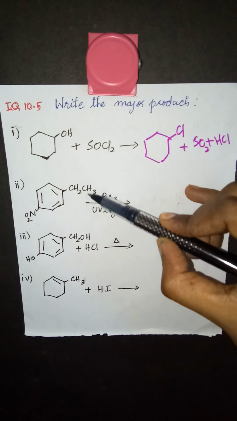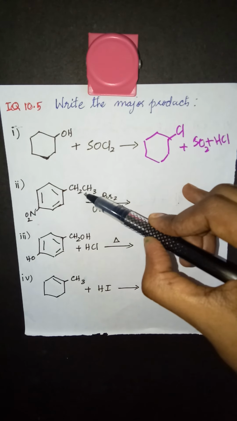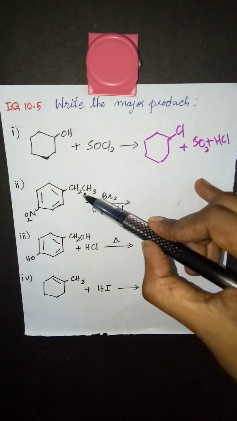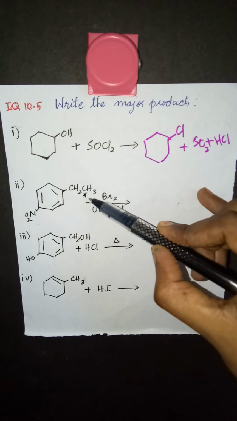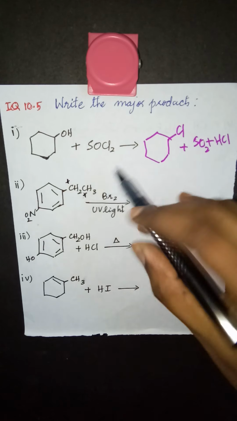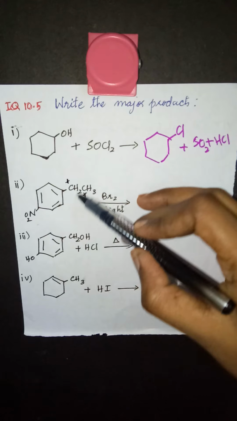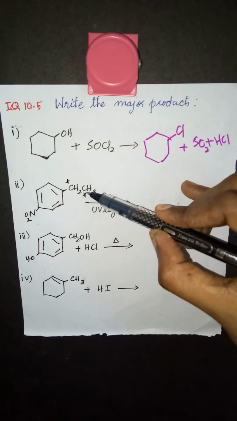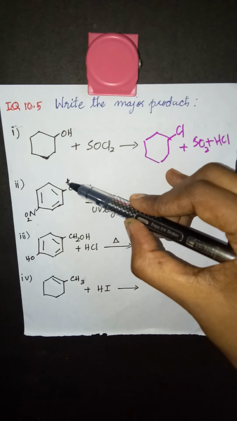Suppose this is the carbocation, this is plus. This is a primary carbocation, because this carbon has one carbon neighbor, this is primary. And if the positive charge is here, then this is a benzylic carbocation. And you know a benzylic carbocation is more stable, so that will be preferred. So rather than forming plus here, this will become the carbocation.